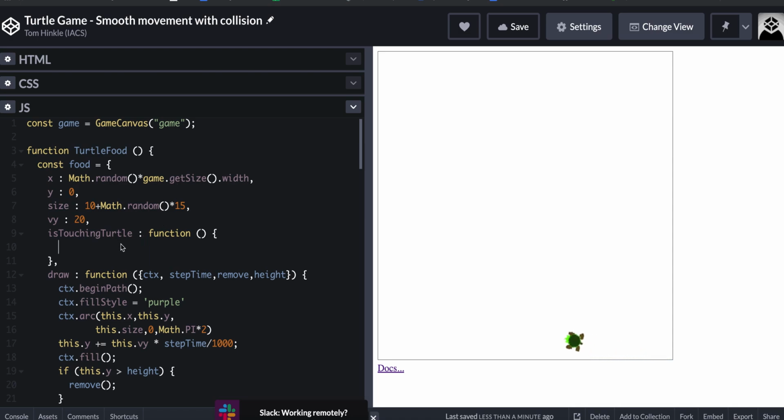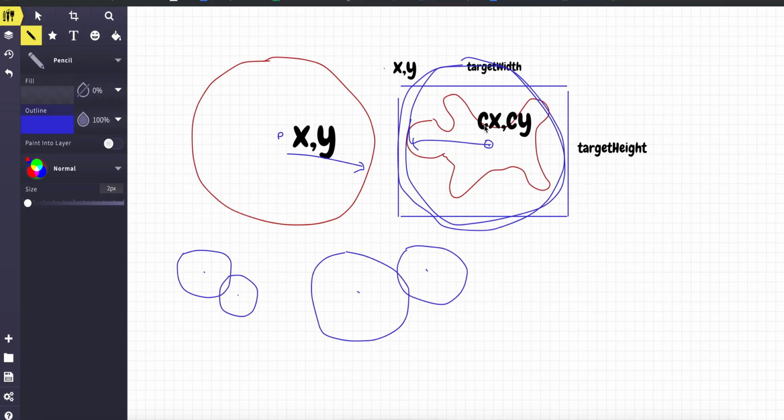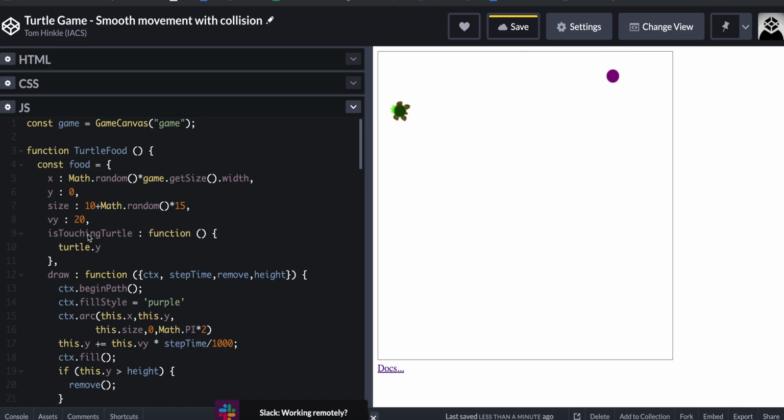So that's the simplest way to do this. In our case, we've got x2, x1. Instead of thinking so abstractly, we'll think of that as the turtle. So we'll take the turtle.y. If I come back here, now the turtle.y is not going to be, well, cy